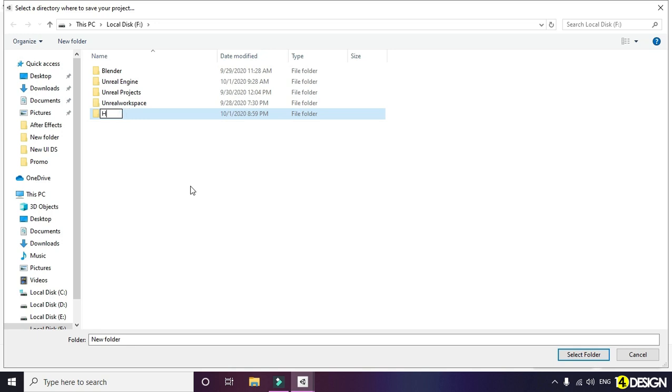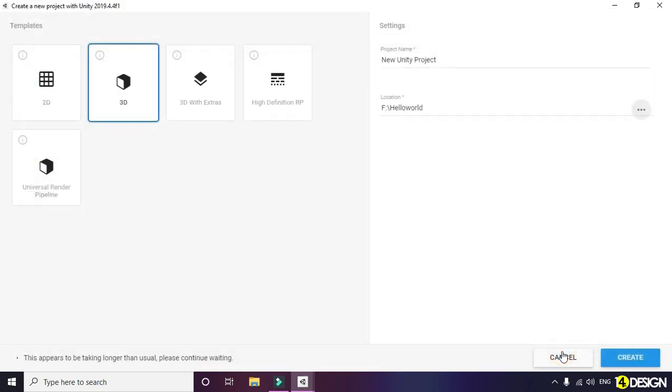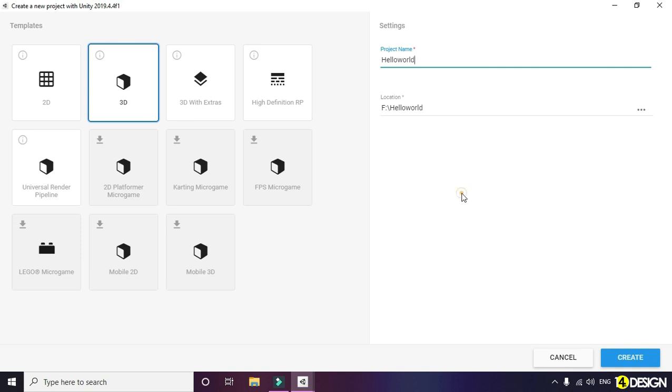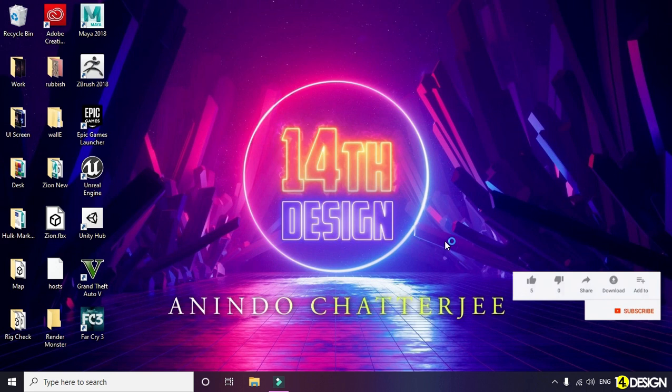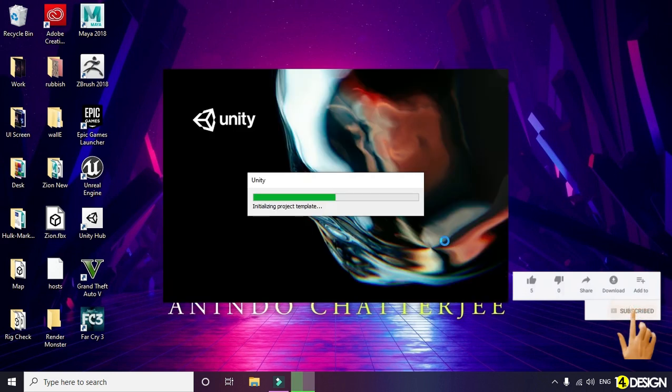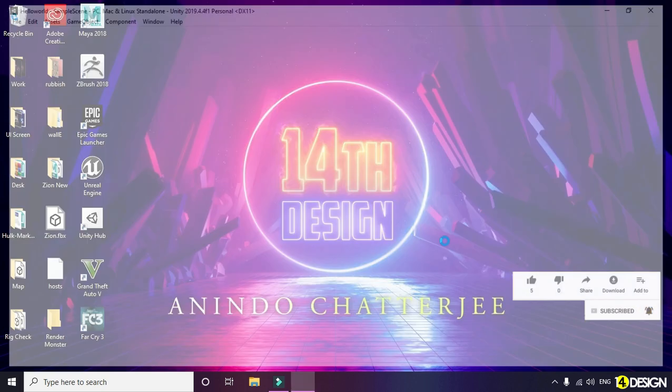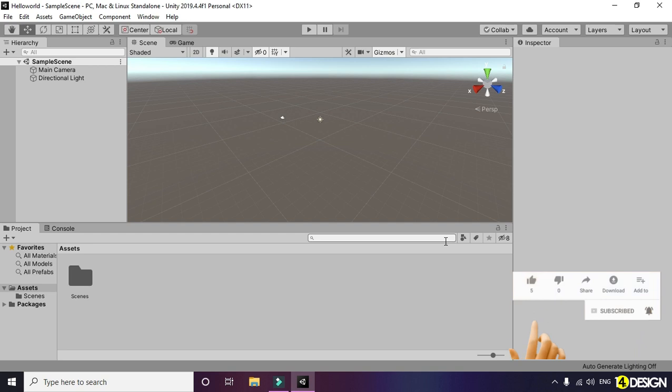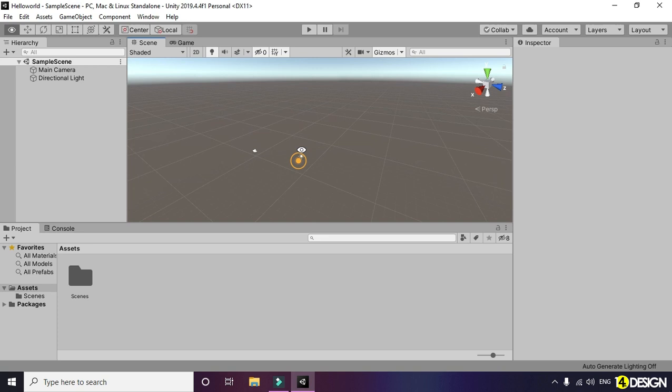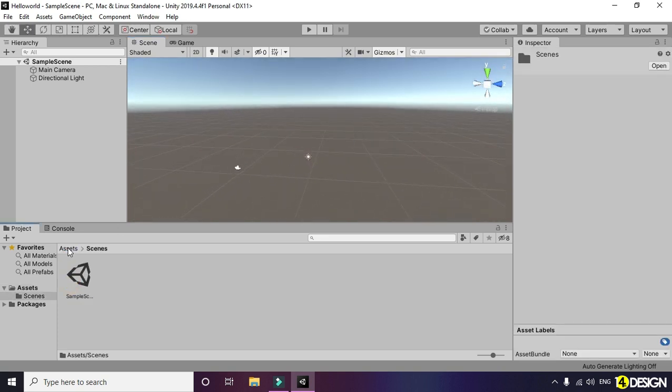Let's name it Hello World, and we're gonna set our project name to Hello World, and we're gonna select the 3D option and click create. So our project has been created. It's an empty scene. The project has nothing at all.